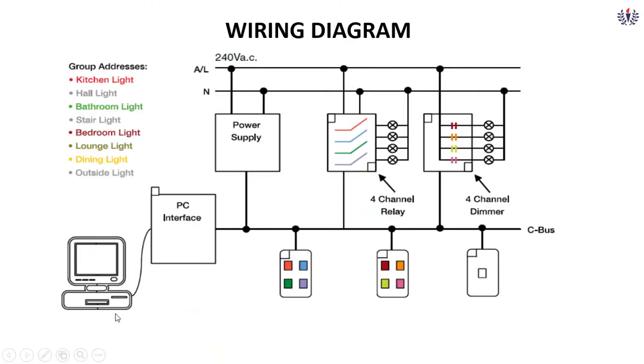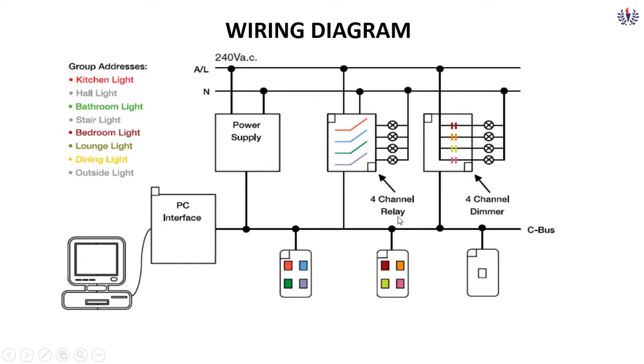As usual, we are connecting a computer with the PC interface through the C-bus. To the C-bus, we are connecting the EDLT switches as well as the control relays, and these are all the outputs. So here various color configurations are given for various rooms. For example, kitchen, hall light, bathroom, and stair light are configured in one EDLT, and the other four are configured in another EDLT. So we can control the first four rooms by the